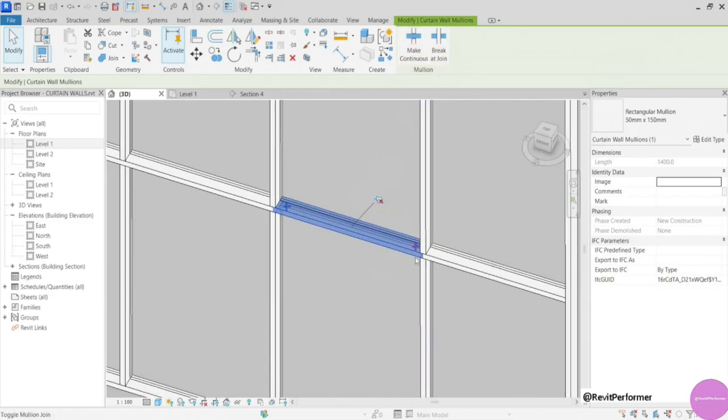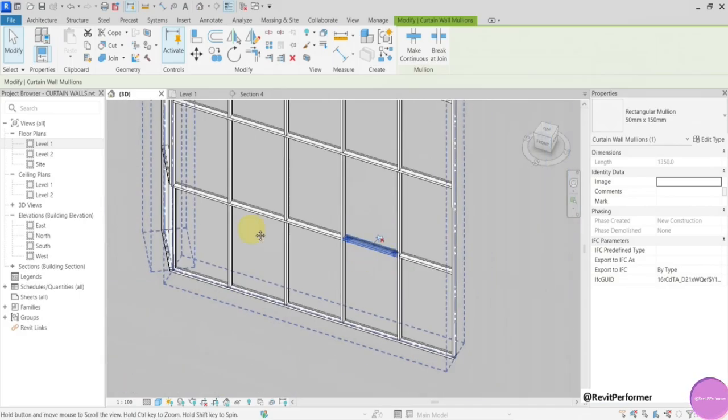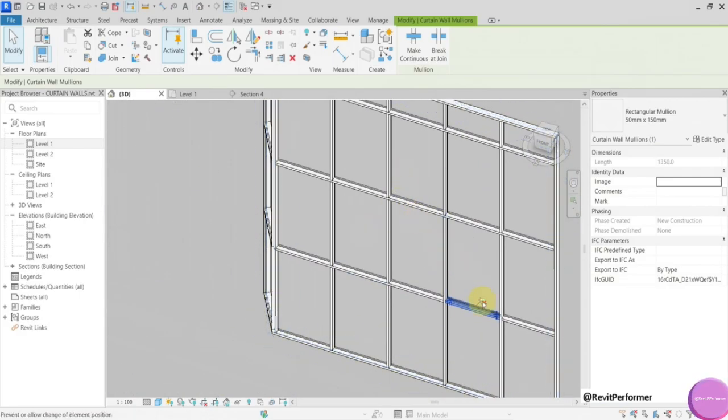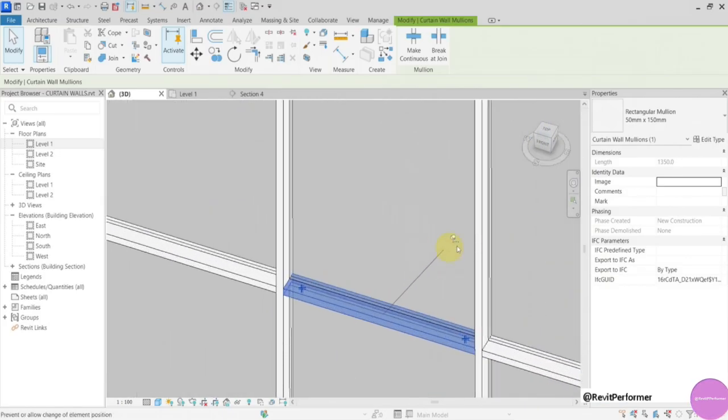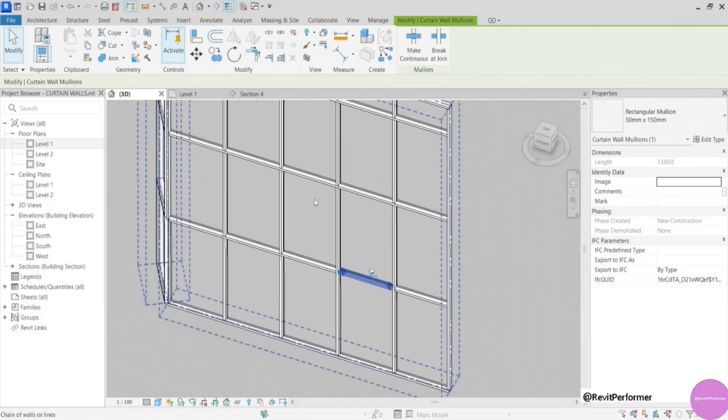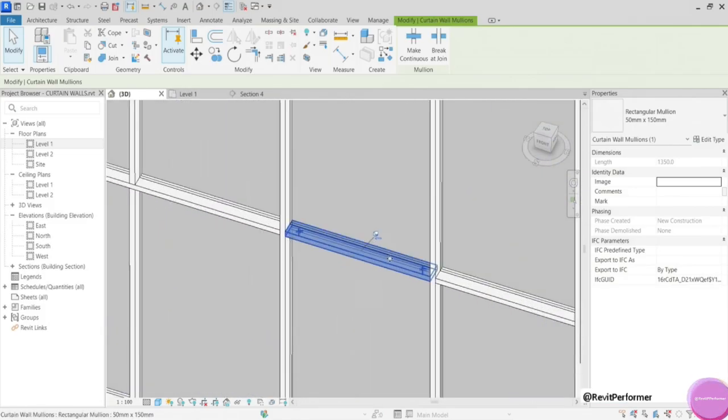Let's say I want to make this one break at join. So now you can see that the whole curtain wall mullions are being modified by the type parameter, but this one I made different on purpose.